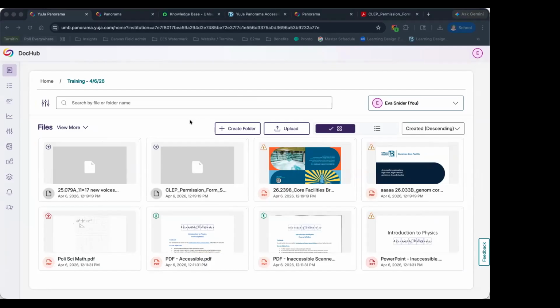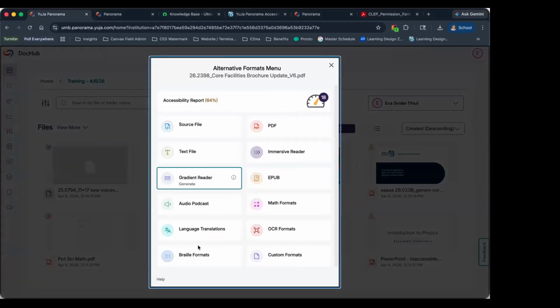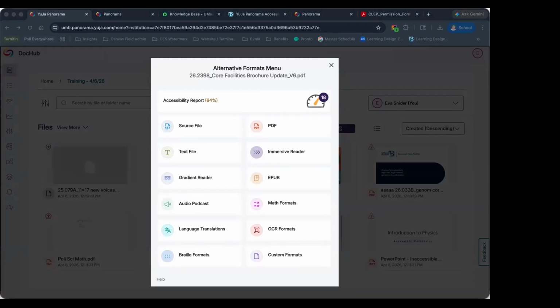Then from there, if you click to generate one of these alternative file formats, it is applying all of those accessibility changes that you've made to that document to that alternative file format as well. So any further copies of that, you can generate these different file formats, and it's going to have all of those changes.